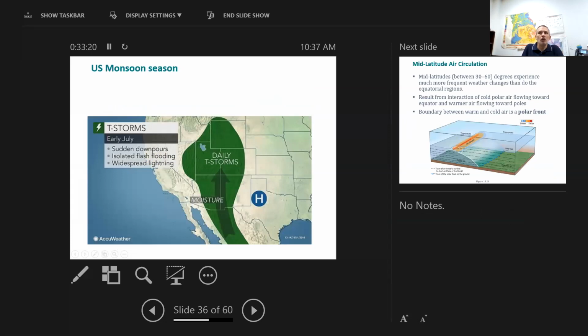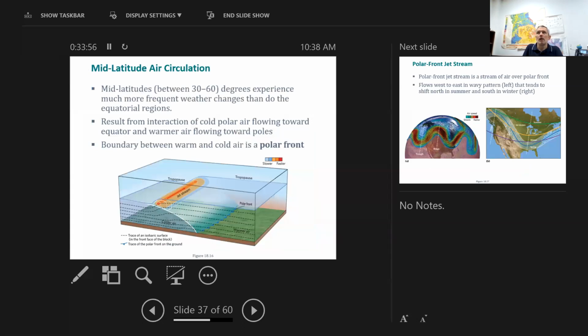in the US, we do have a monsoon season in the southwest part of the United States in early July, where we have sudden downpours, isolated flooding, and widespread lightning. It's not nearly as intense as what we have in India, but it still is crucial, something to be looking out for, especially if you're, say, in the southwest part of the United States on summer vacation. So when we start looking at